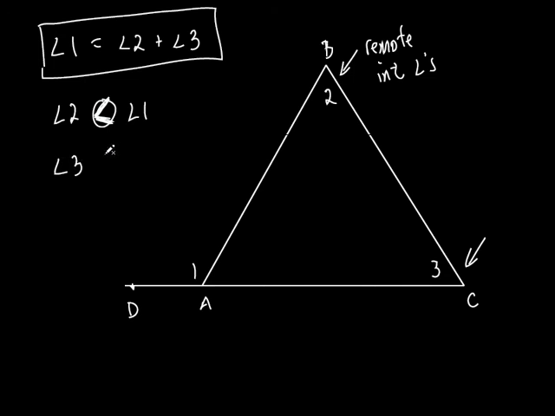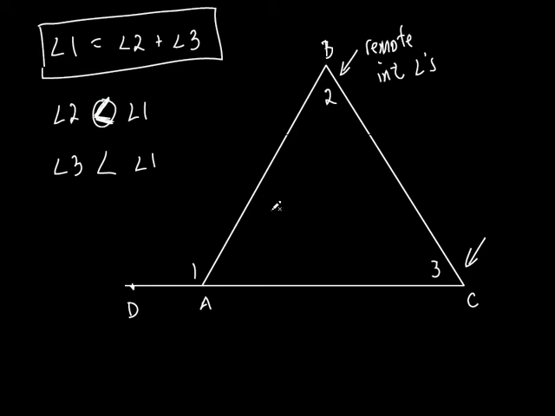Angle 3 has got to be less than angle 1 as well. Everybody see that? So just looking at this picture, I didn't give you any values whatsoever, did I? I didn't tell you what angle 1 was equal to. I didn't tell you what the measures of angle 2 or angle 3 actually were. All I did was draw this triangle, extended one of the sides, and I can say without knowing any of